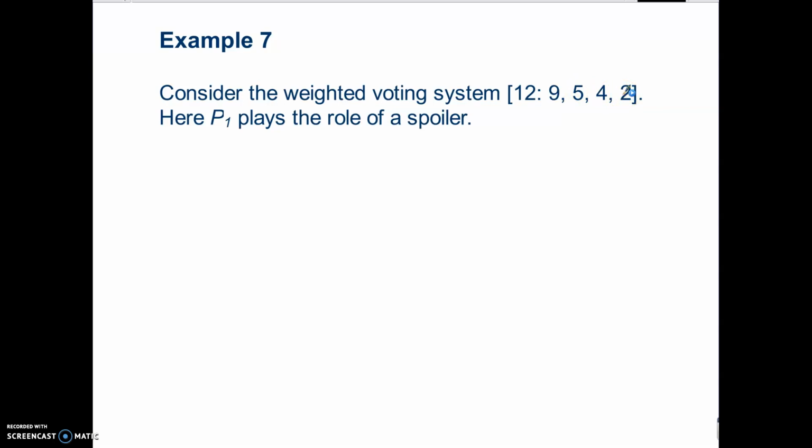Let's take a look at how player 1 plays the role of spoiler. So what does that mean? Here's what that means. If I take players 2, 3, and 4, and I look at their total votes, if I add up 2, 3, and 4's votes, I have a 5 and a 4 and a 2. That's a grand total of 11 votes. So if 2, 3, and 4 all vote to pass, vote yes,